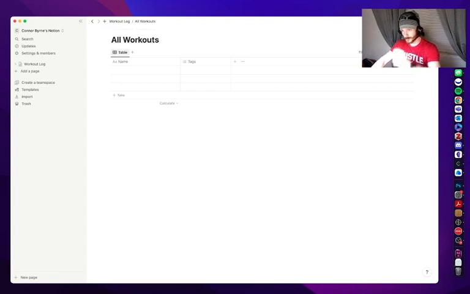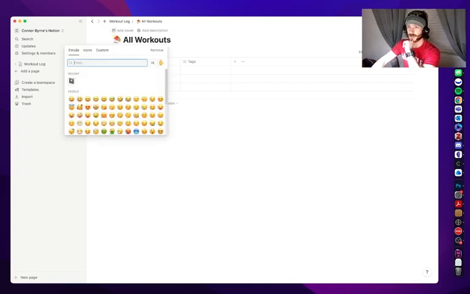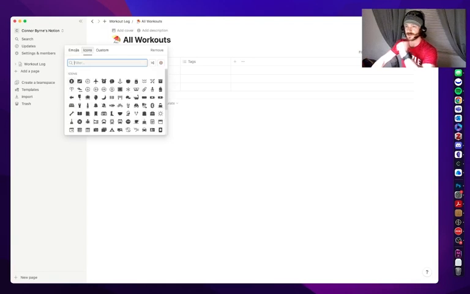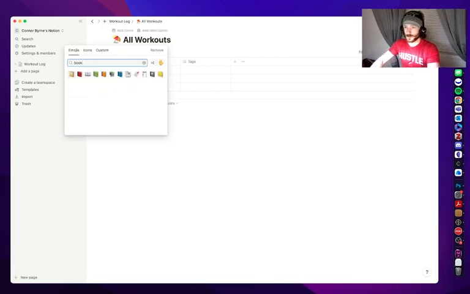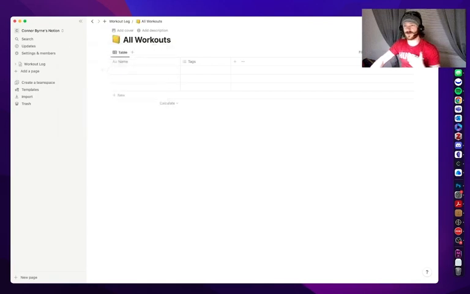database. And the reason I'm going to add an icon, sometimes I'll add icons preemptively because I'm looking to find something. My goal here is, if I need to find all my workouts, I should be able to also visually see something when I'm referencing it. So I look for this yellow journal in this case. So in the all workouts library here, the first thing we're going to want to do is